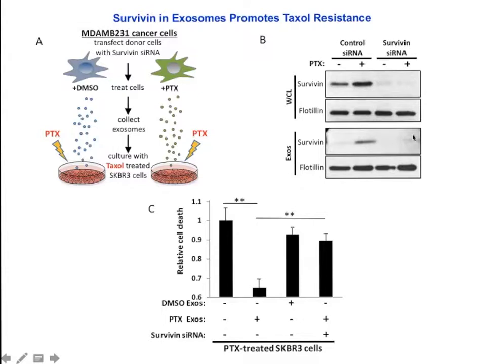If you knock down survivin from those cells and isolate the exosomes, you can see that we could deplete the amount of survivin in those exosomes. And then if we add those exosomes depleted of survivin to our SKBR3 cells, they now behave like control exosomes that don't have survivin. So it's clear that the survivin that's being enriched in these exosomes is really important for promoting chemoresistance, and in